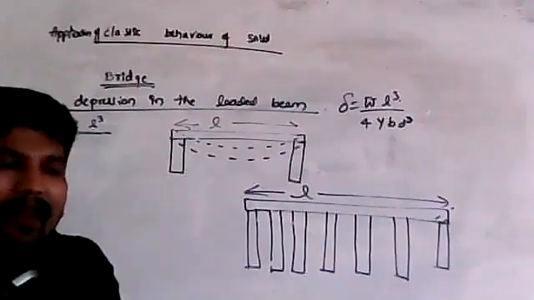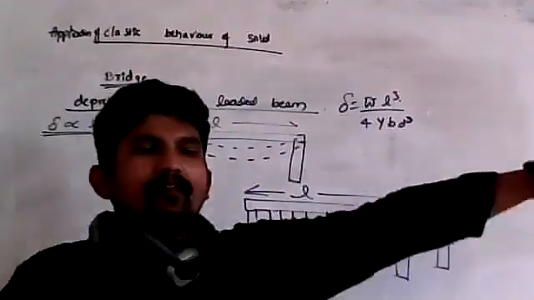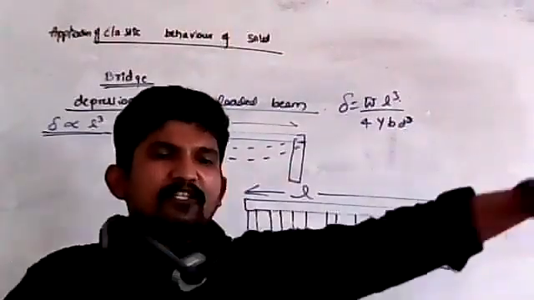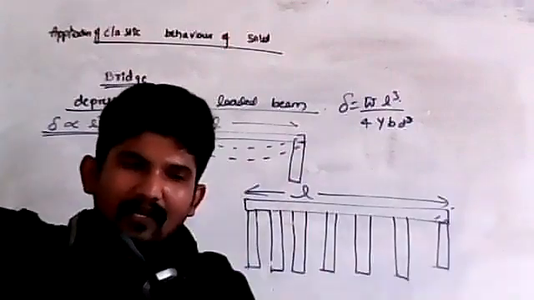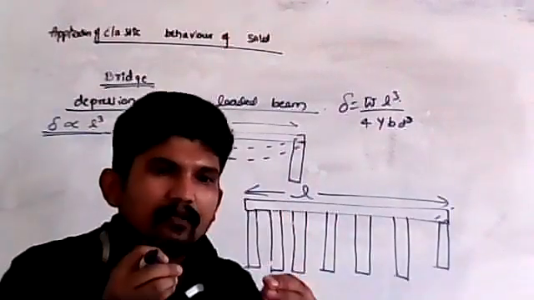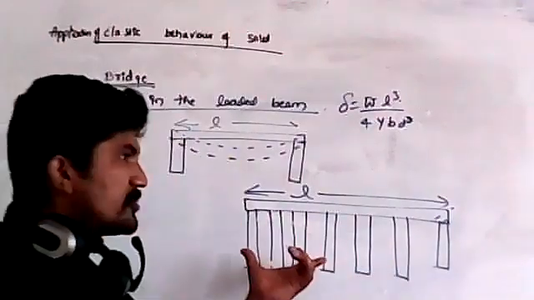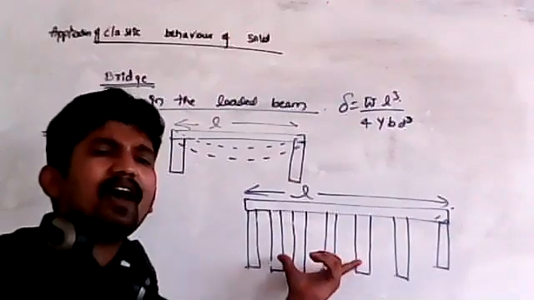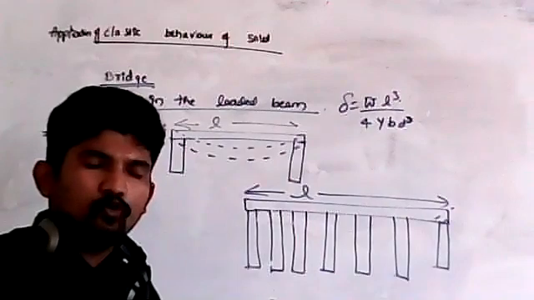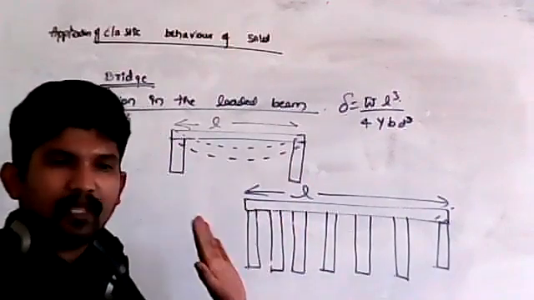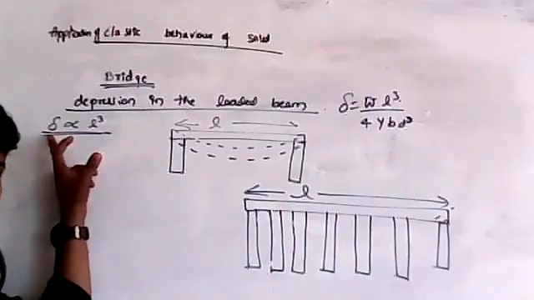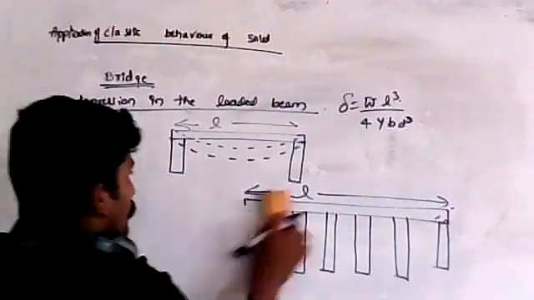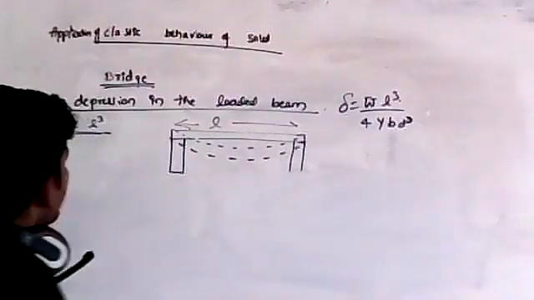Same thing happens when a lengthy bridge is there. For example, in Honavar, in Uttara Kannada, or you can take the Karwar bridge also. You just see the construction work there. Pillars are very close to each other, equally distributed to avoid this depression. I hope you remember the relation between delta and L. Is it clear, students? Now let me take one more. What is that?